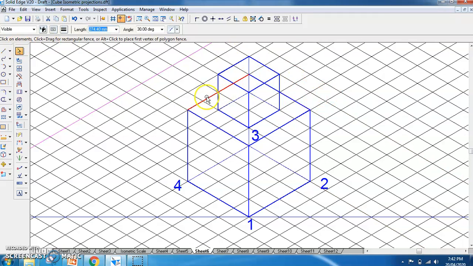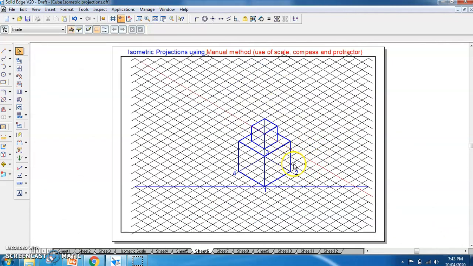Now remaining, see this line is continued, but now we have to mark only till here. Okay, so from here till here. Okay, so till this, and from here till here. Okay, so again you can go to the lines and you can make them thin. Okay, so like this. So this is the combination what you have to draw when you are drawing manually. Okay, so this would be the isometric projection of combination of the cube.